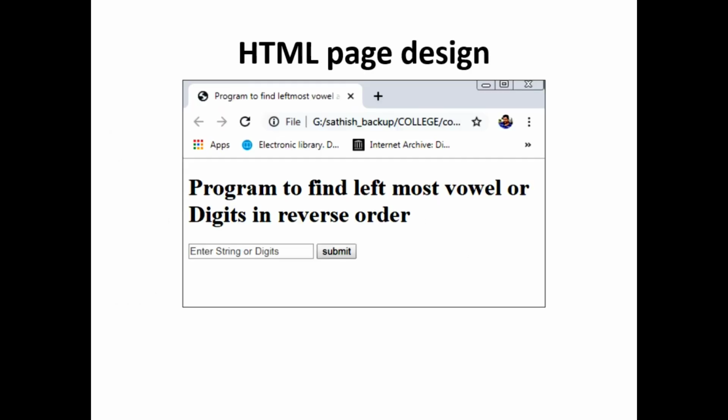This is the front end HTML design, where you can see a title and some header I have given. Then only one input I have used here. There are a lot of different types of inputs you can receive from the user using HTML forms, but here I have used only one input, that is nothing but a text box, and a button so that the user clicks on this button once the input is given. This button actually calls a JavaScript function called validate. From validate we will again call either the find vowel or find reverse function based on the input received.